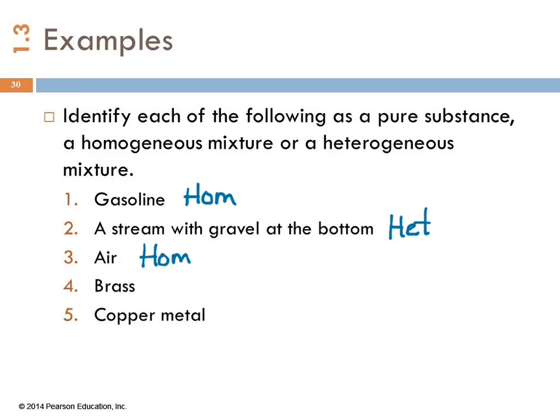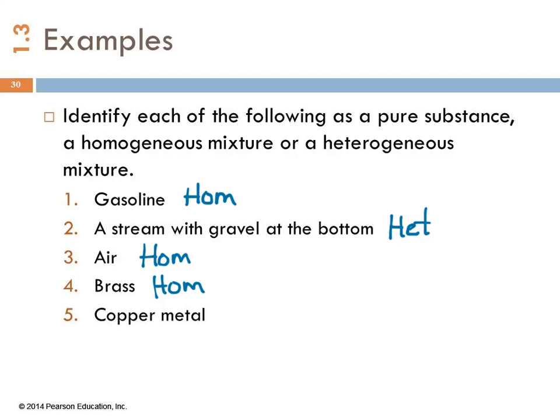Brass. Brass is a homogeneous mixture. Brass is actually a homogeneous mixture of several different metals. It's a solid mixture of metals. But you take a real brass doorknob or something, and if you cut it in half, it's the same all the way through. A lot of the stuff, like the doorknobs at my house, they're not solid brass. They're like gold tone painted plastic or something, and it flakes off after a while. Real brass doesn't do that.